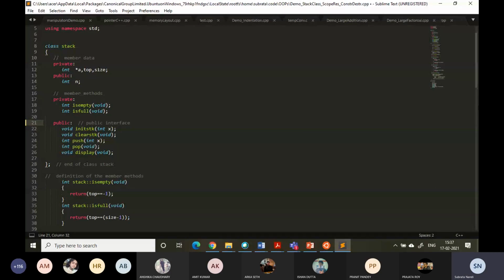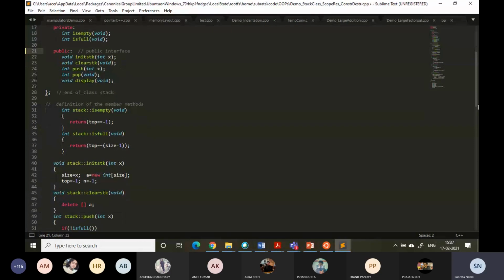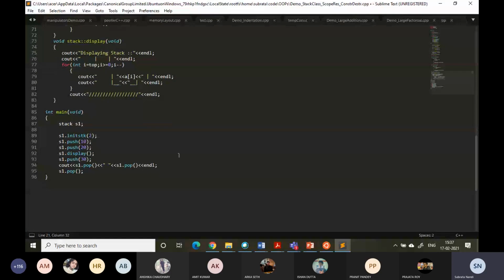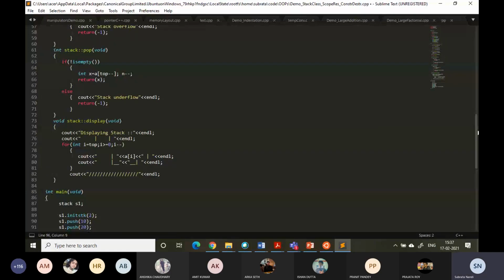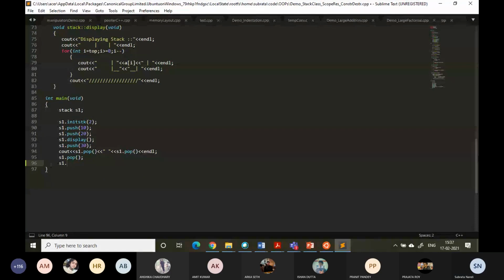Now the point is, we have the init stack and all this, and maybe we would like to call here s1 dot, what I mentioned, delete, to remove the stack, it's clear stack. Sorry. So if I add some prompts here, that will be good. So let us write here that